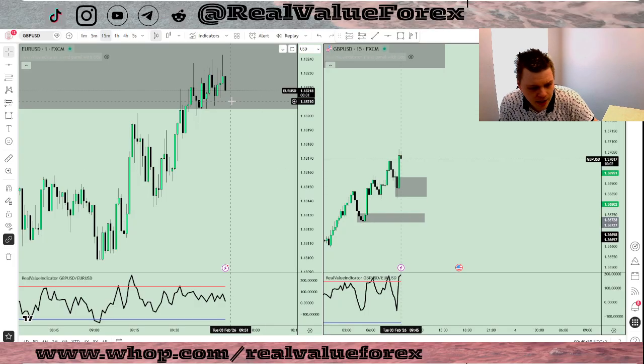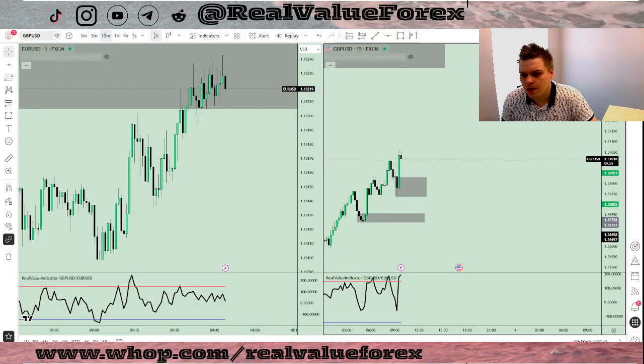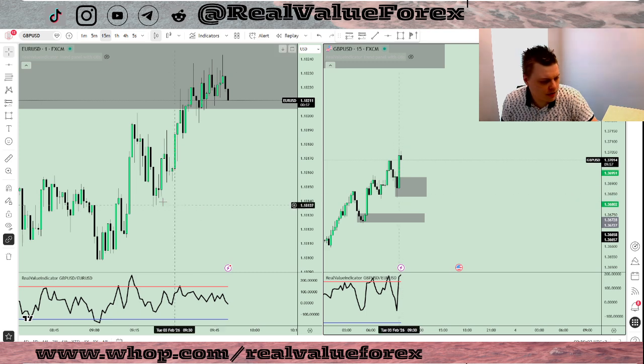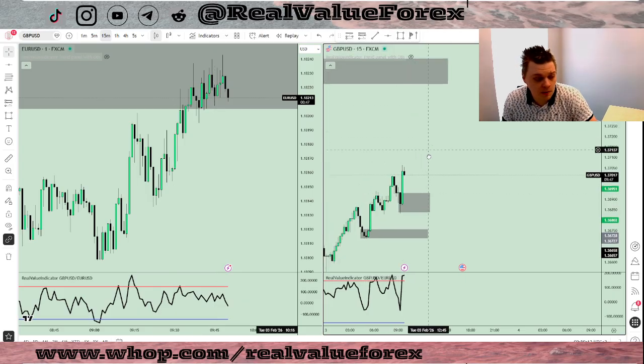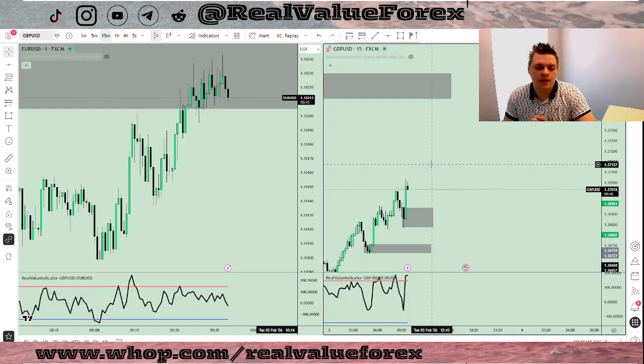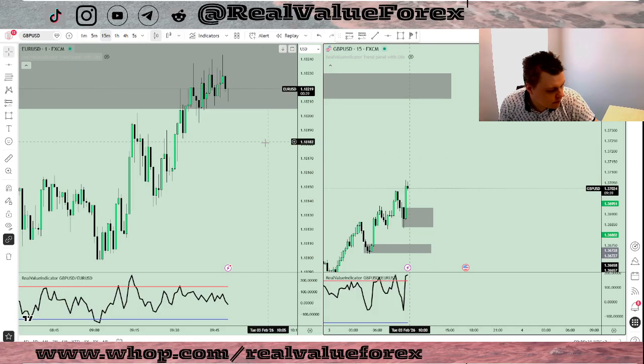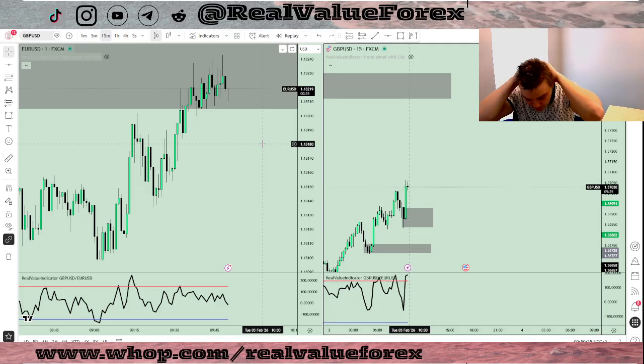So we have potential sell level with EURUSD. What's looking like it could come to play, and we have potential buy level, like we have sell level in here as well, but I don't think this will be the play what will come in there. So yeah, London open in a little bit less than 10 minutes. So let's see